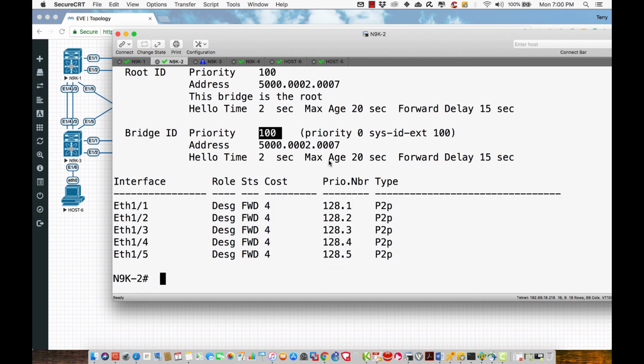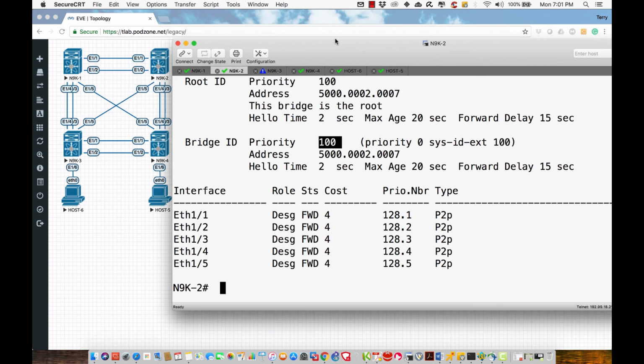So this is very useful, and you may be called upon at some point in your certification future to determine or to demonstrate that you can determine which specific switch in a layer 2 fabric is going to become the